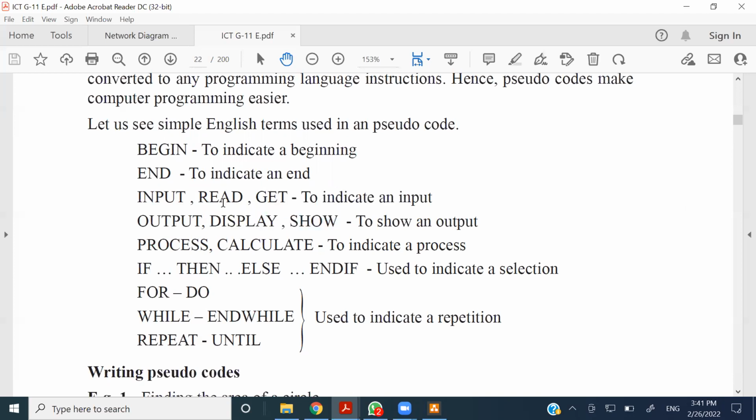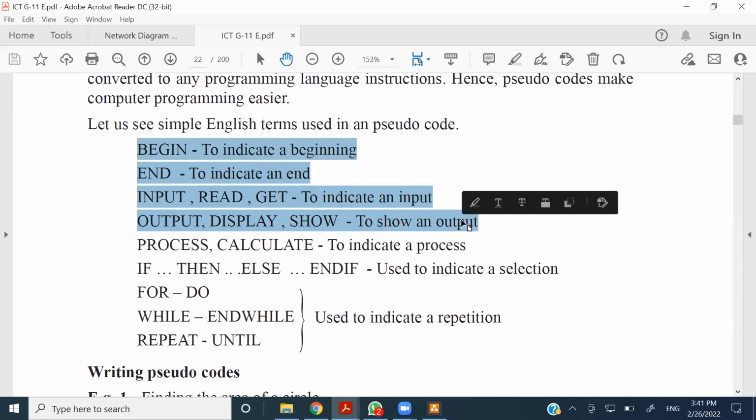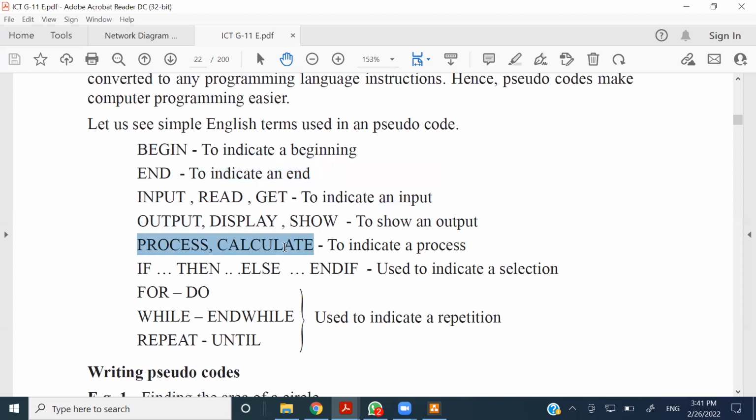You don't need to use the capitals, right? Here they have given these words in capital for you to recognize it clearly. You can use simple, doesn't matter, right? So these four things are very much to be considered and very much to be used. And this process calculate thing, you really don't need to go for it. You can just write the process,